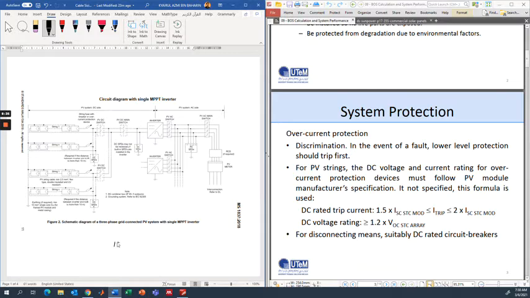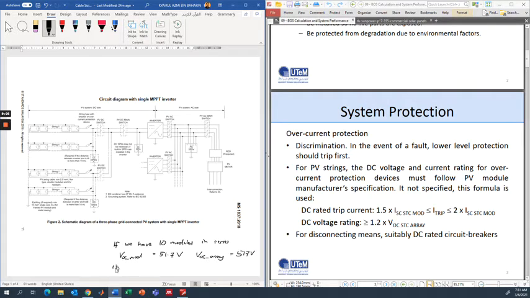Okay, if we have 10 modules in series, VOC of one module equals 51.7 volts. Then VOC of the array will be 517 volts.